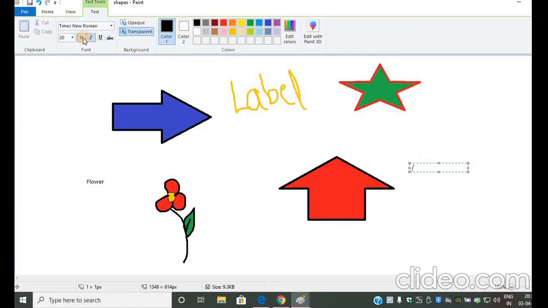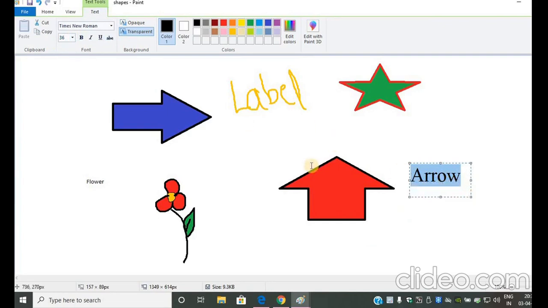So let's see first. With Times New Roman 20, I will get the text in this way. This is the size 20 of it. I can increase the size, so I have to select this text and I can increase the size by any number. So this way we can increase the size of text.